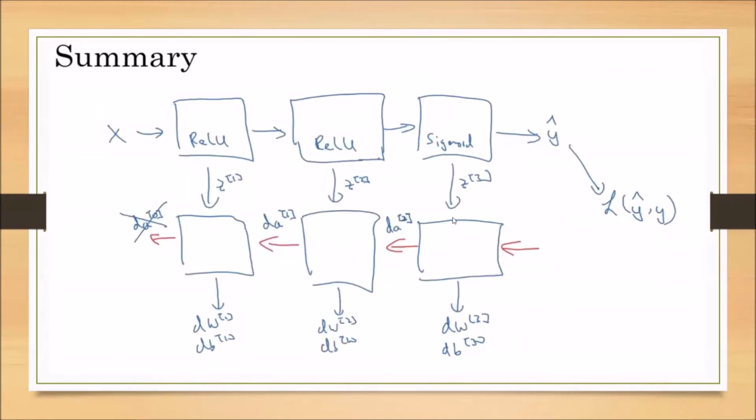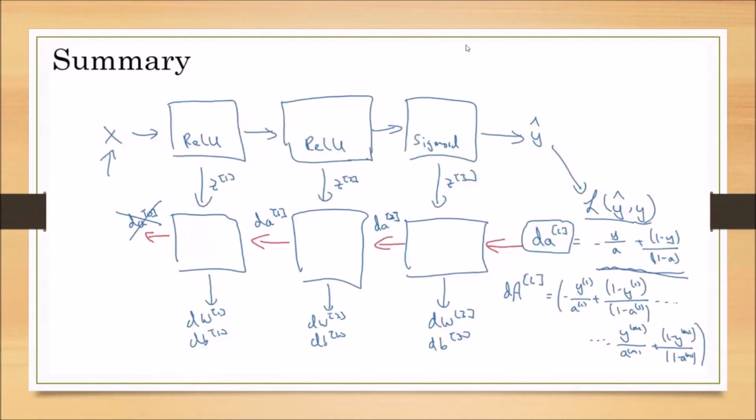So this is the summary of what we have performed. First we have taken the X. For the hidden activation units, we are taking the rectified linear unit as the function. By using A superscript 0, we calculated A1. By using A1, we have calculated A2. Similarly, by using A2, we have calculated A3 and so on. Finally, we have calculated AL, the last layer activation units, which are giving the predicted outputs.